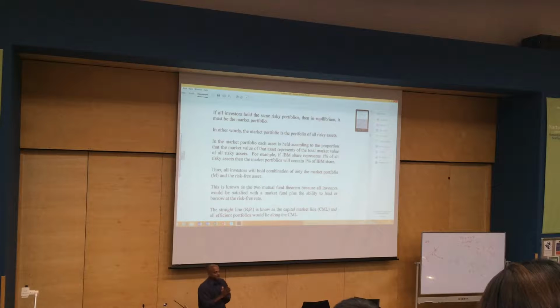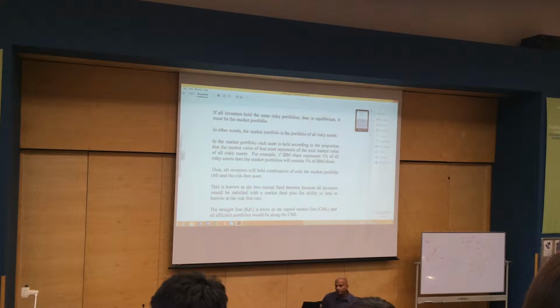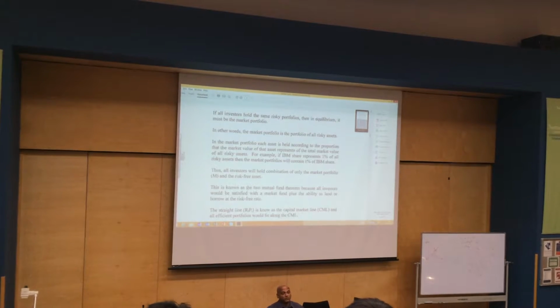In equilibrium, PI is the market portfolio. What is a market portfolio? How do you define it? If you go to the back of the Wall Street Journal and Financial Times, you will see different portfolios, and they do have a market portfolio. If you go to DataStream, and some of you will be going there in the summertime to download data for your dissertation, MSCI and S&P create a market portfolio.